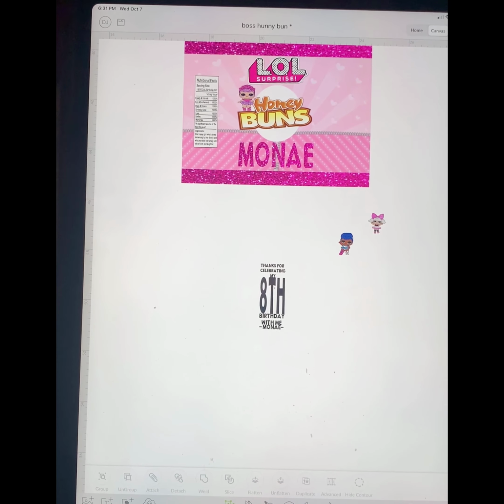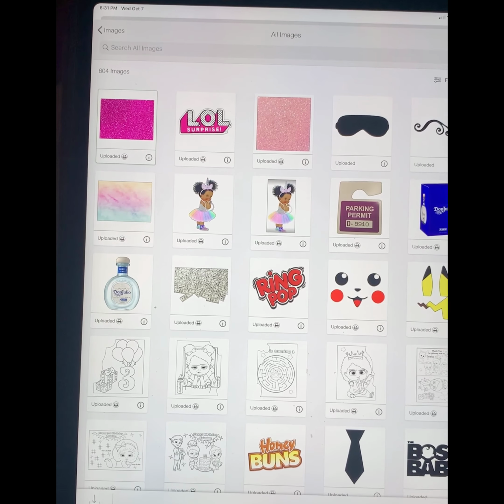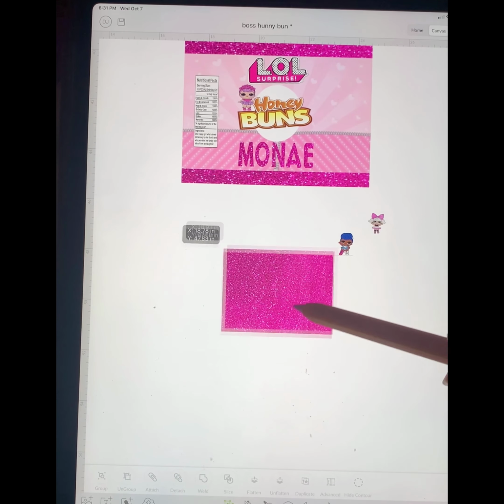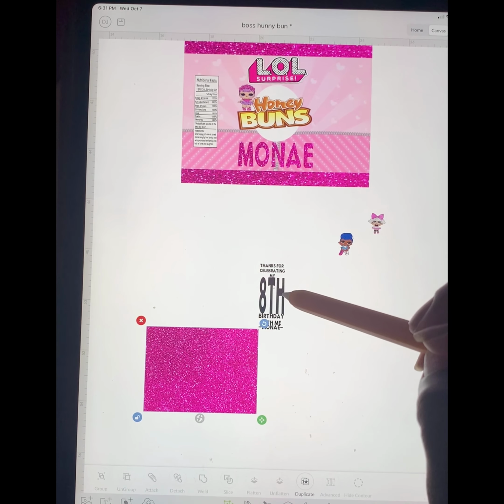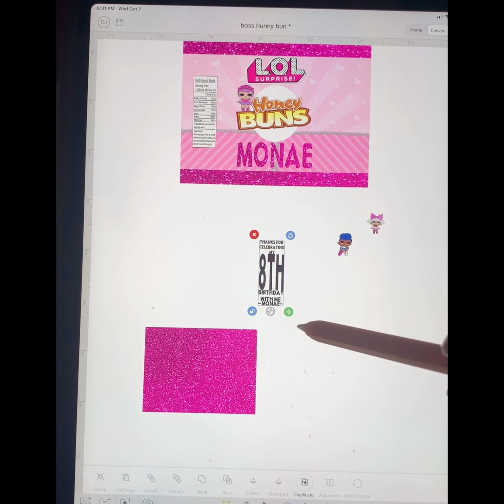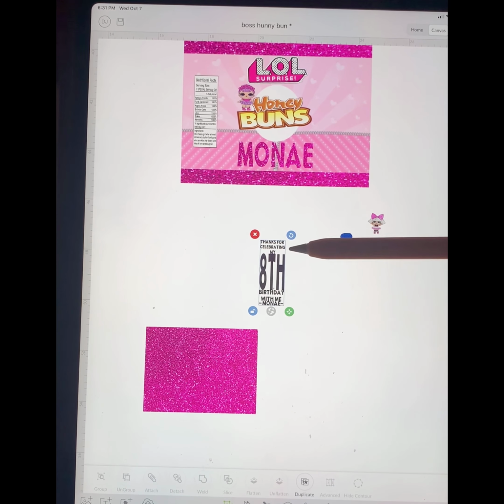And then I'm going to open uploaded image. Select the pink glitter again, insert it. Place it over these words. Now, if I would not have welded these letters together, then it wouldn't have done this, because this was like,